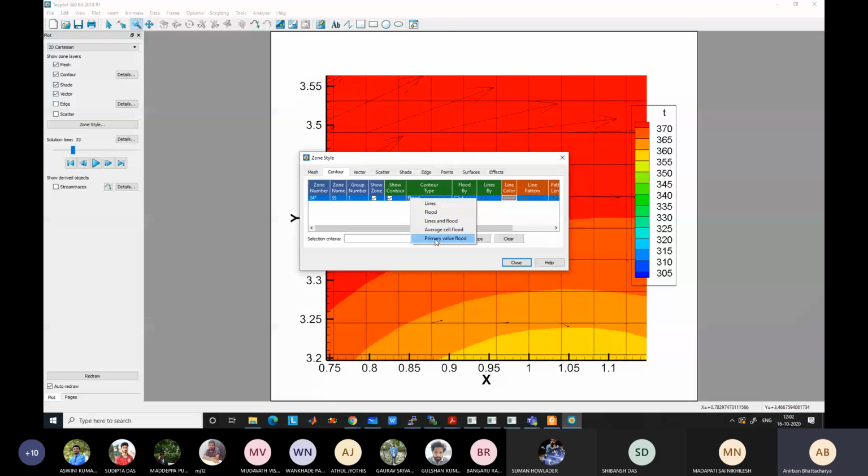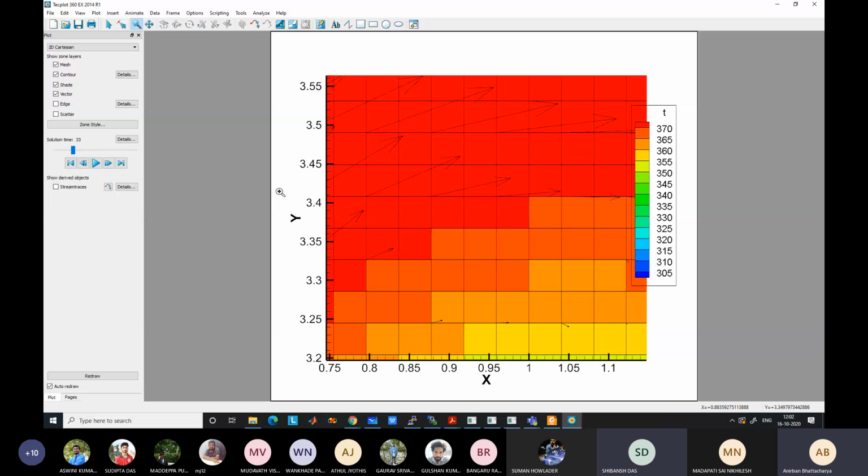Can you see the screen? This is from an actual example that we are solving. Each of the squares is a control volume, a square, regular control volume. Each is represented by the point at its center. So when you are calculating the temperature, you are getting the value of temperature at the center point of each of the squares.